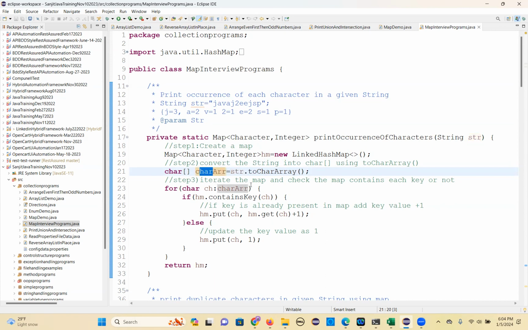Now iterate the character array and check each character, whether it is already present or not in the map. How can you check that? First you have to iterate this. So for character ch : character array, if the map dot containsKey this character, then what I'm doing, if it is present,